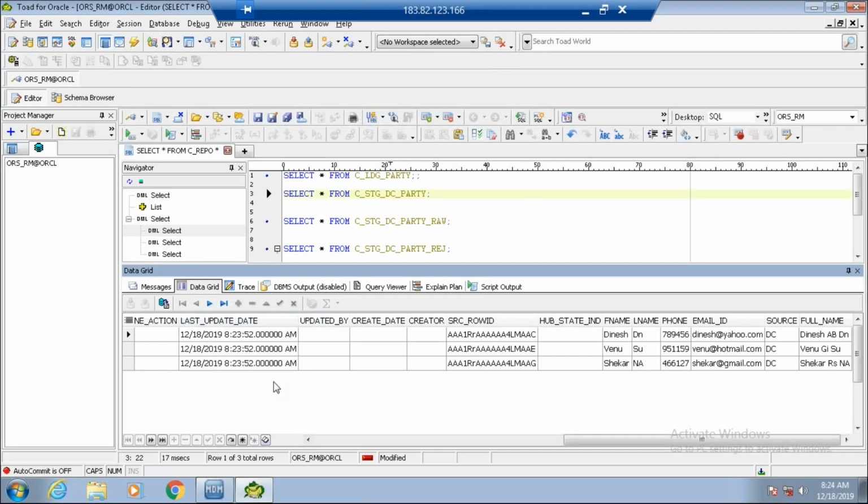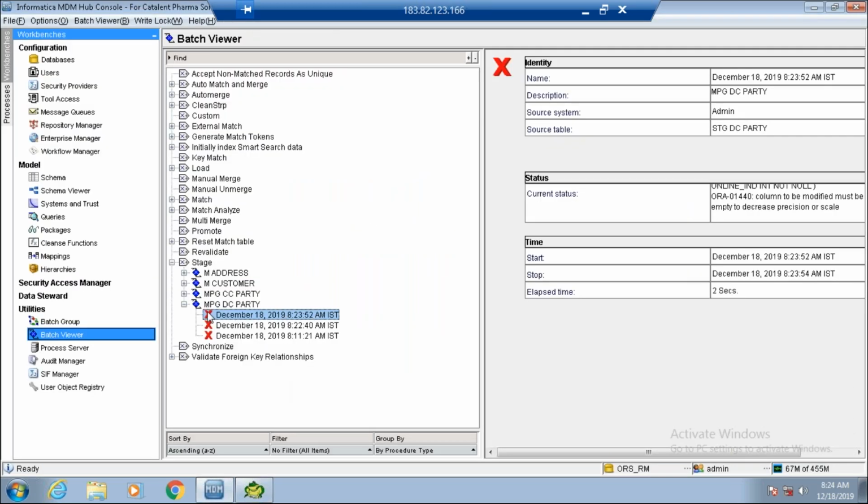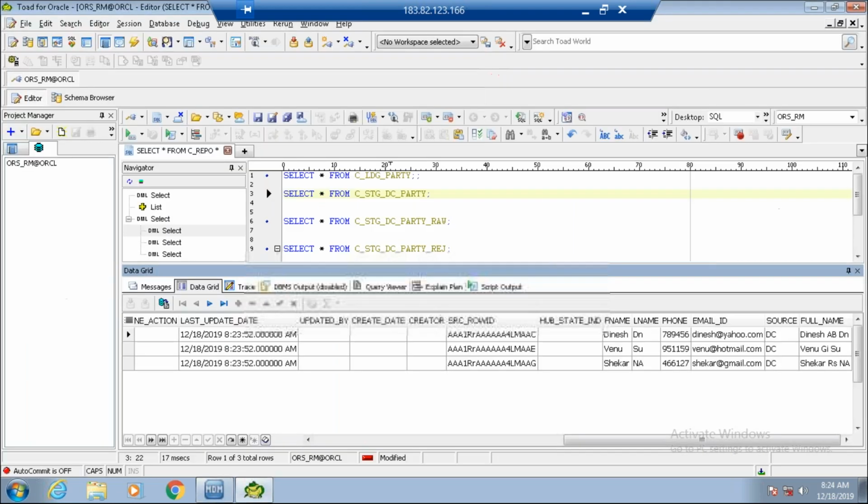The job is in fail state, but the data is being loaded. Just observe this. When this gets cross marked, just go and disable your delta detection and it will work fine. But if it fails with this particular error, cannot be modified, must be empty, or some other data access error, then please go back and see whether the data has been loaded or not.